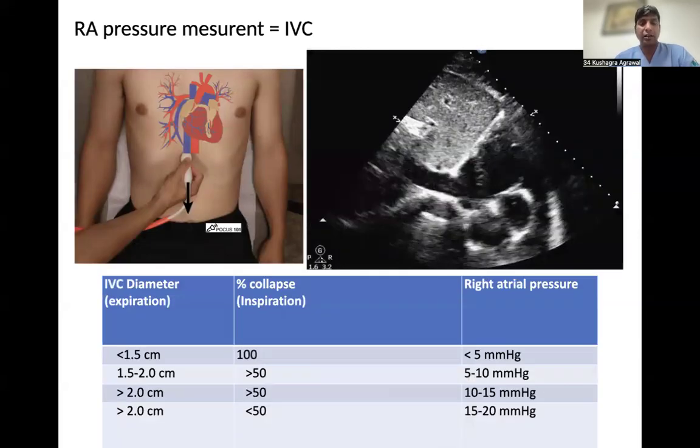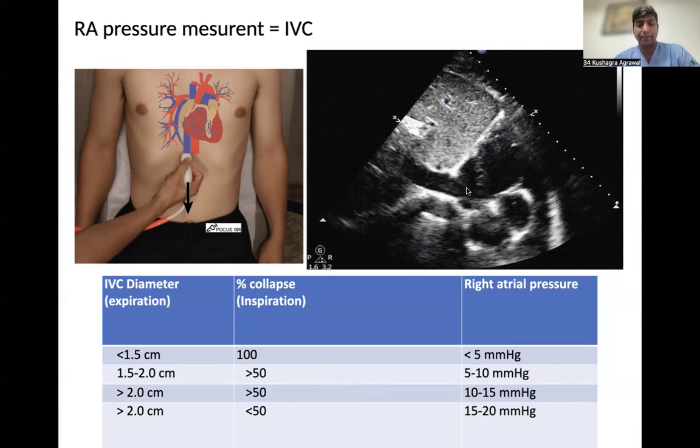How can we measure the atrial pressure? So the cursor should be placed. We take this phased array probe, and the cursor of the phased array probe should be in cephalic direction, and we will get this window. And we measure IVC diameter 2 centimeter distal to this junction of the IVC